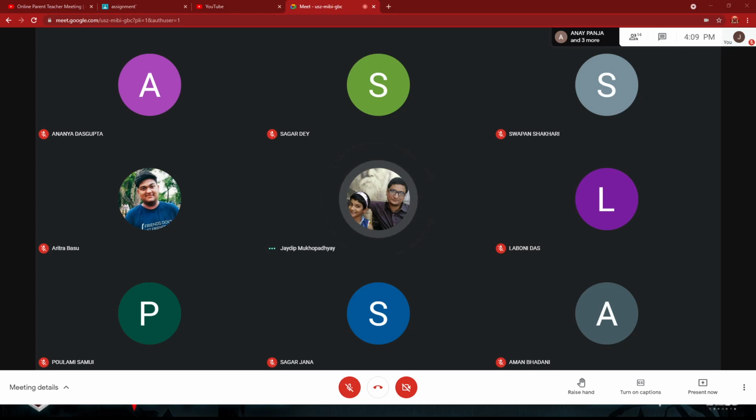Before starting the multiplexer circuit, first complete your half adder circuit. I think all of you have completed your half adder circuit and full adder circuit. If not, students who are not able to perform the full adder circuit, complete it, then complete your half subtractor circuit. I think it was done in the previous classes. If the half subtractor circuit is done, then you start your full subtractor circuit. This is quite similar to the full adder circuit.